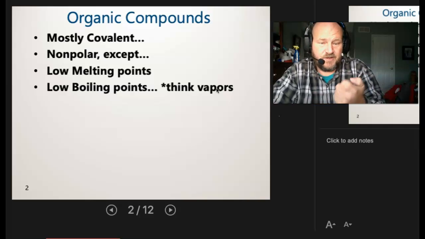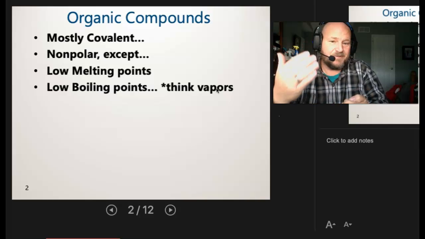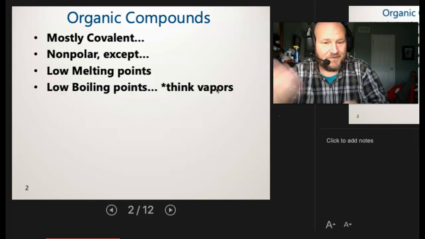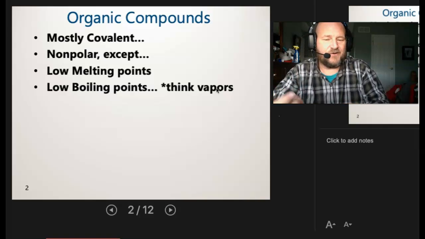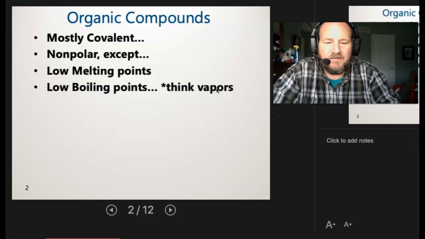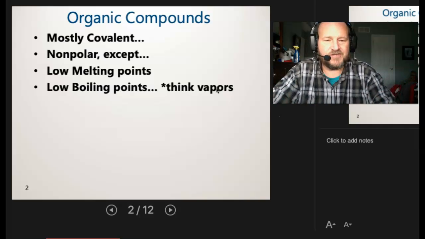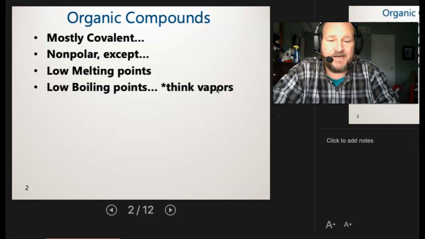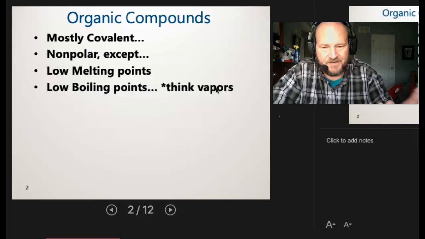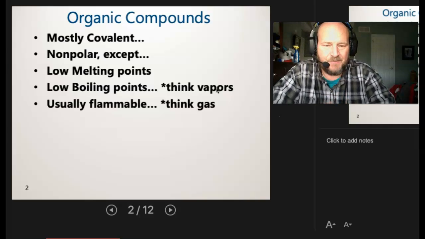But the minute you give it some area, as we learned in gases, volume goes up, right? Temperature goes up because they've got to be related. And if the temperature is going up as that volume goes up, that's enough to get the liquid into a gas. Now, as you move further down that chain and make that carbon chain longer, you get straight liquids. For instance, gasoline is octane mainly. And so there we can see readily, though, that it makes a vapor. And of course, because we're talking about gasoline, they're also usually flammable.